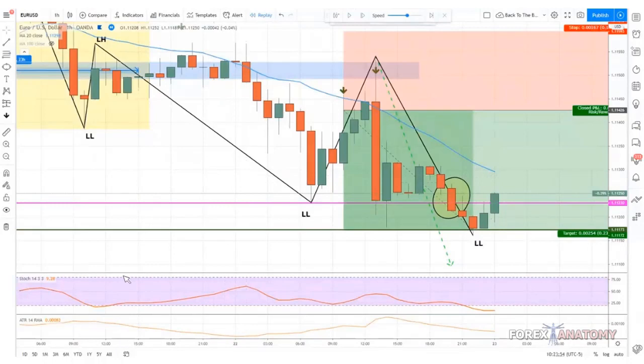So let me ask you guys this next question. Right now, should we still be looking to buy or should we be looking to sell? Should we be looking for sell opportunities or buying opportunities based off of what we see right now on the 1 hour? Sell, right? We should be on the sell side. So now we're looking to sell. And where do we want to sell at? We want to sell at what type of level? Support or resistance?